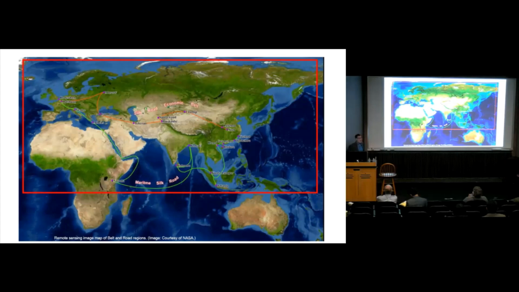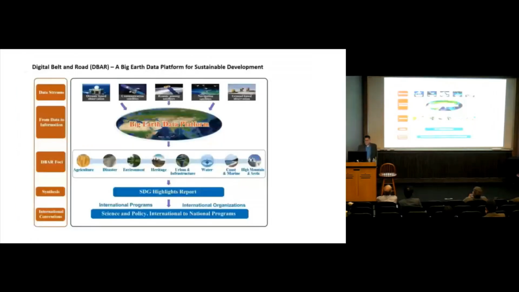We've seen this before. This is the Belt and Road region, and it's massive. Okay, and it encompasses effectively all of the biomes, almost all of the biomes that we have on the Earth as a whole, and many of the ecosystem types that we have on the Earth as a whole. So we're talking about a highly diverse region in terms of the environment, in terms of vegetation, in terms of hydrology, in terms of geology. So it is very diverse from an environmental perspective.